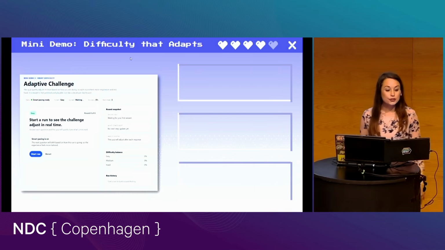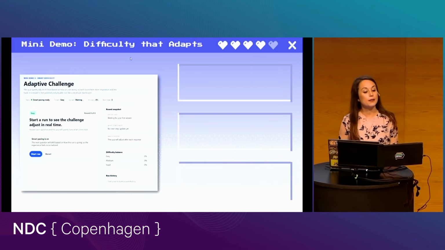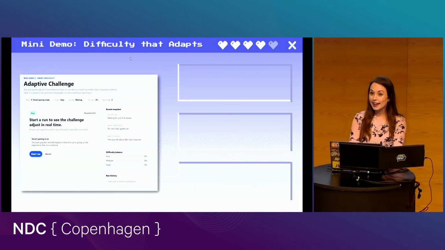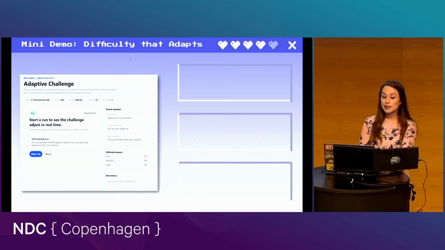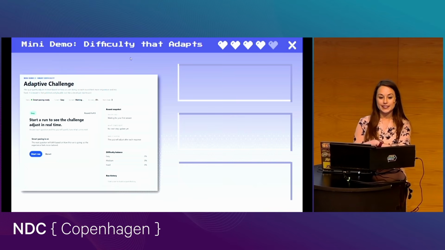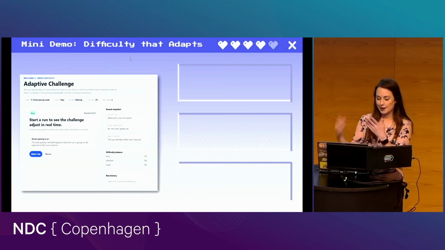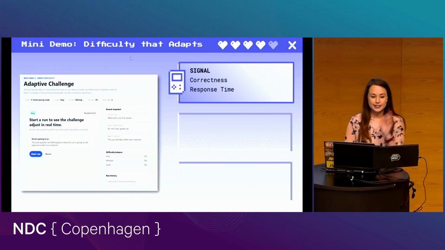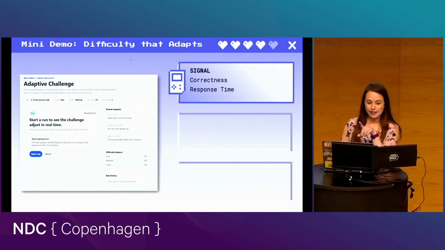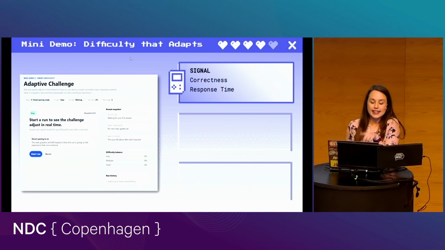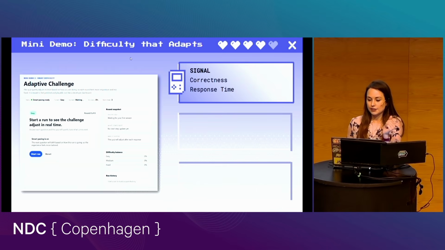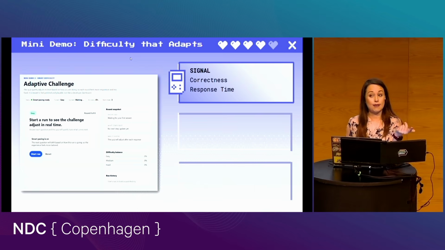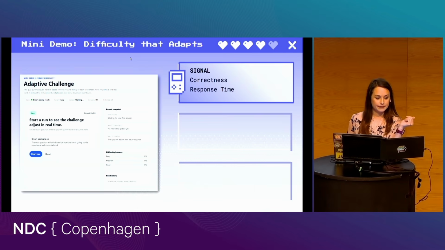Okay, so for this demo, I want you to imagine a quiz app that is trying to keep you engaged. It does not want to stay boring if you're cruising along, and it does not want to stay punishing if you are struggling. So it starts out by noticing a couple of simple things: did I get it right, and how long did it take? These are the 2 key things when you're answering questions in this application. Is it correct, and how long did you take to answer the question?